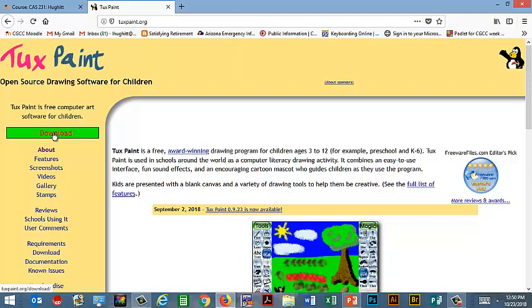Now, those are all drawing with electronic, techno types of tools. What else could you do? You could draw on paper with paper and pencil and colored pencils, whatever you want to use. And you could either take a photograph of it with your camera or your cell phone, or you could scan it in. And either one of those can get you to the option of having a JPEG or a PNG